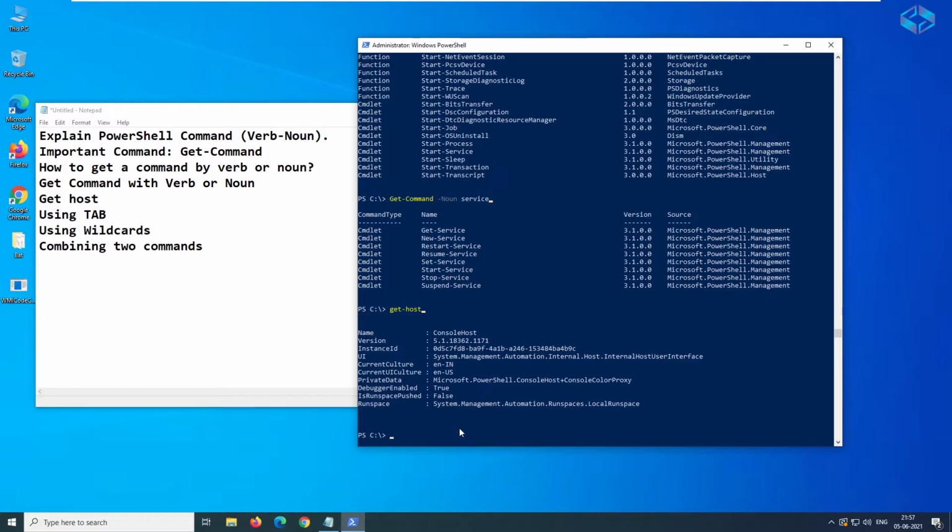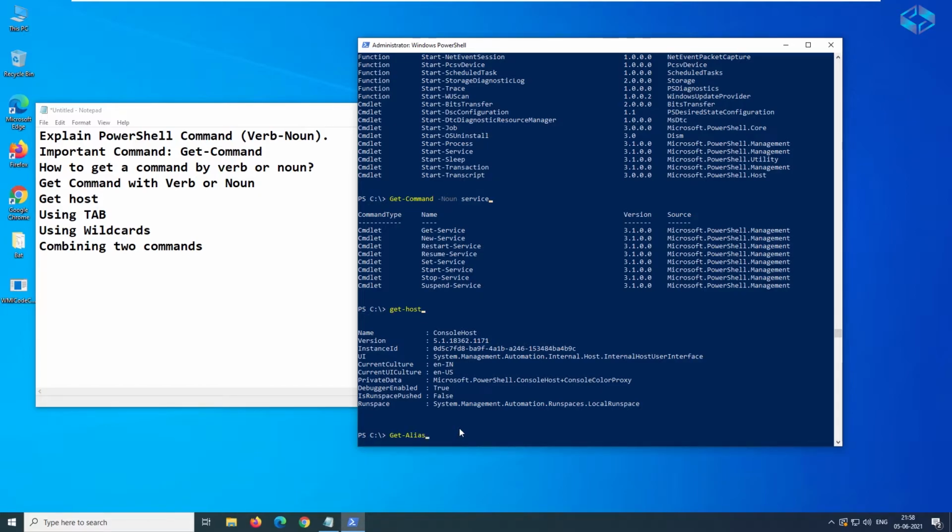So specifically when you start working in PowerShell, for example, type Get-, and if you press the Tab button, it will list the commands available after Get-.